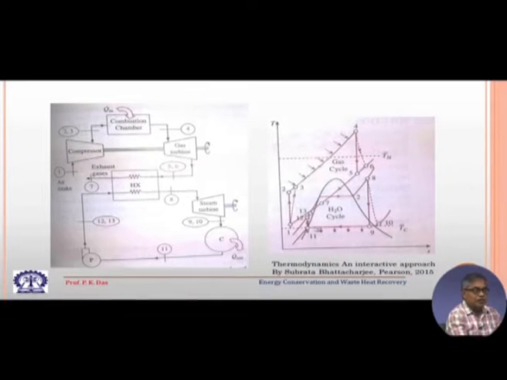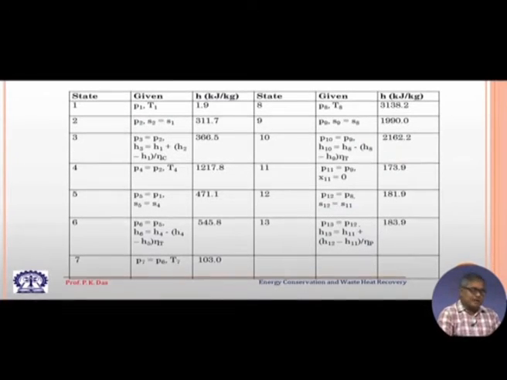Heat rejection is also by a process like this, where heat is rejected to the ambient atmosphere in the condenser. Through condenser cooling, this heat is rejected. So, this is our heat addition process, this is our heat rejection process. Obviously, there will be some amount of heat rejected by the exhaust gas, but that probably will not enter into our calculation. With this, let us move to our solution.